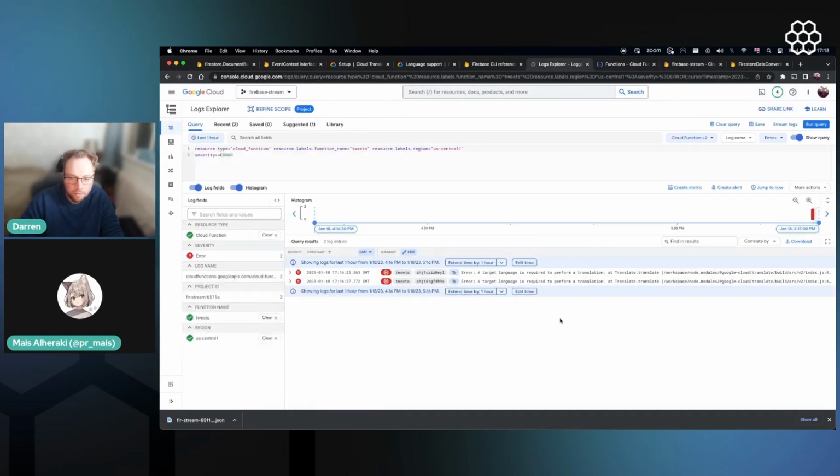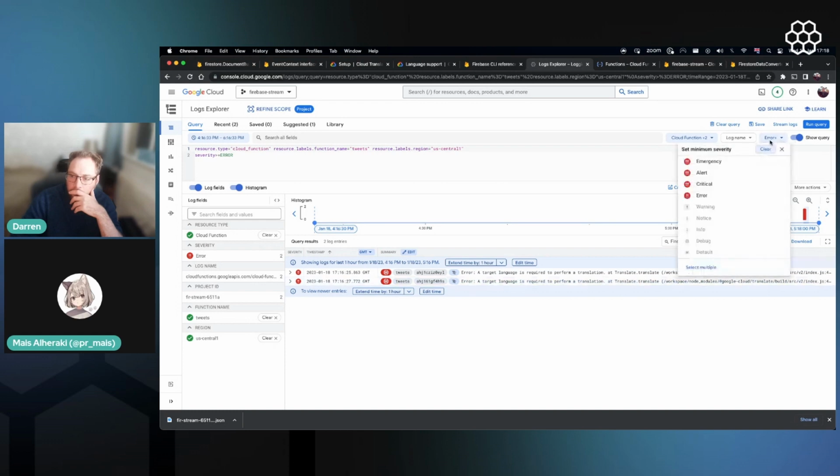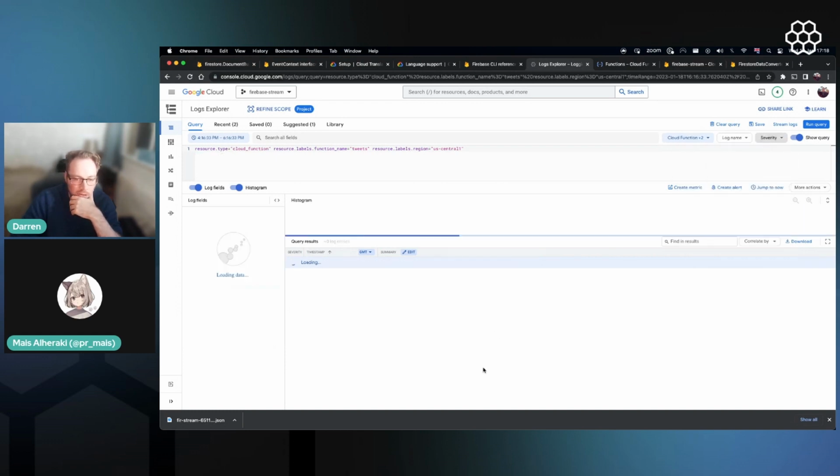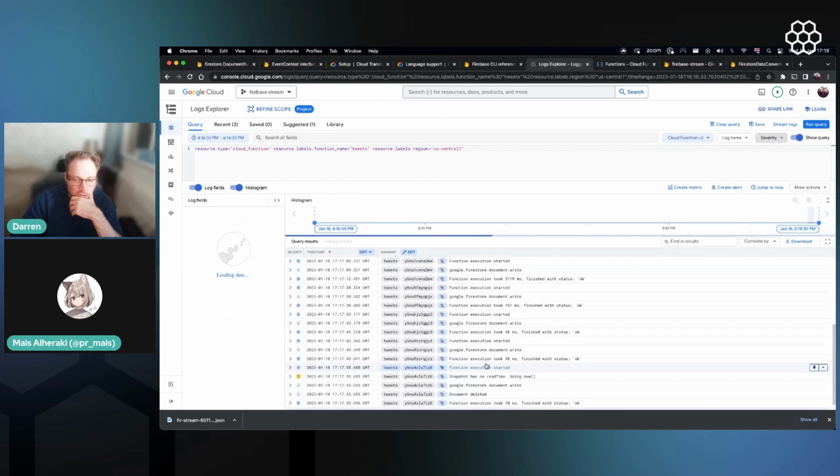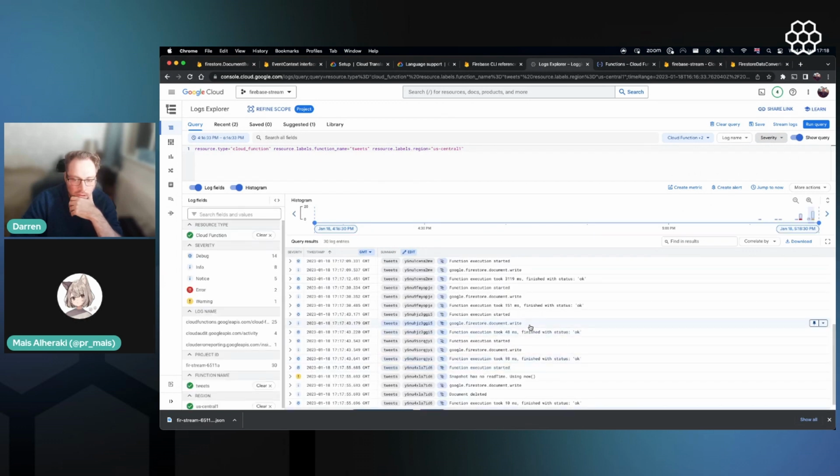And do we have logs for that? No, we don't have any logs. So we're logging only errors. Yeah, I think we do have all. We would see other logs as well, wouldn't we? Here we go. Yes. Oh yeah, so we see